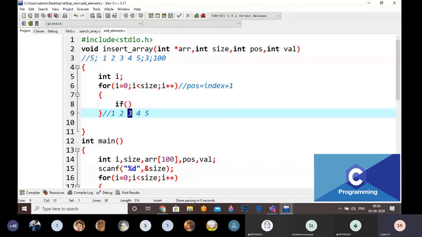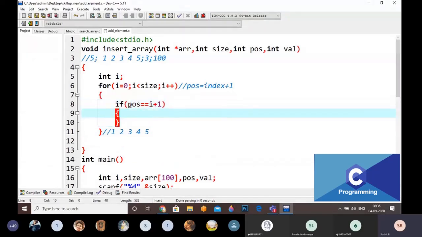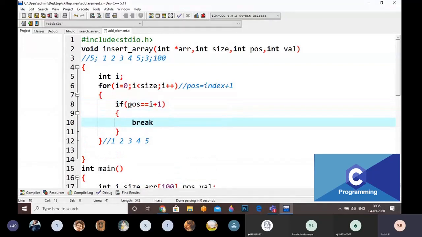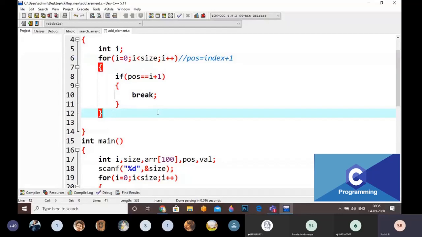For example, position is equal to i plus 1. I am going to break here. I am going to stop here, no doubt about that.